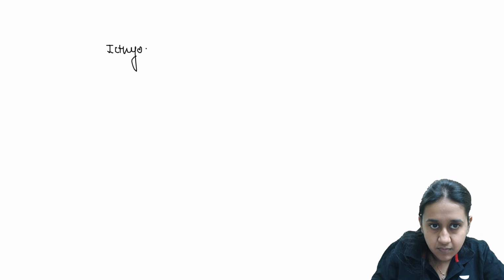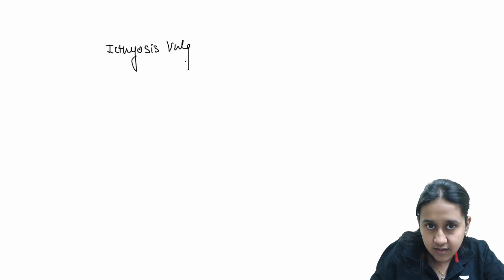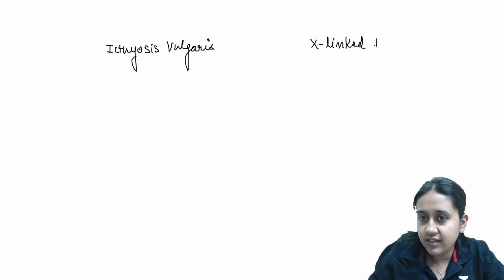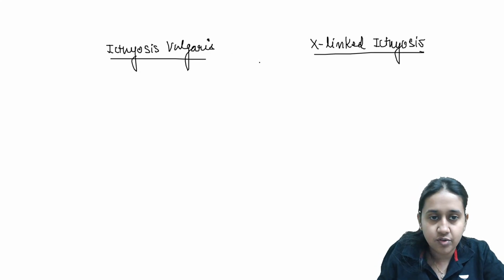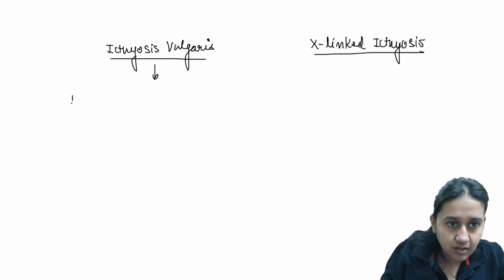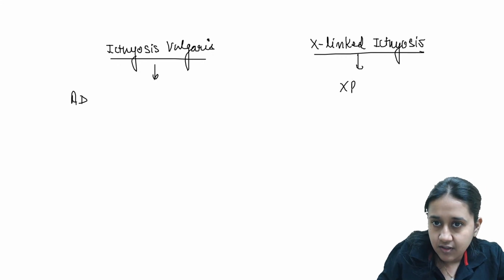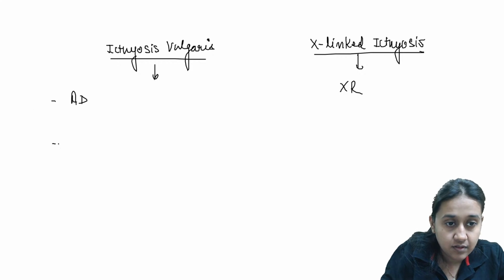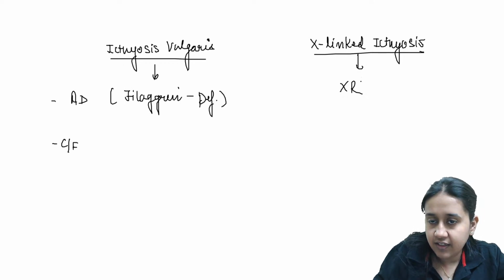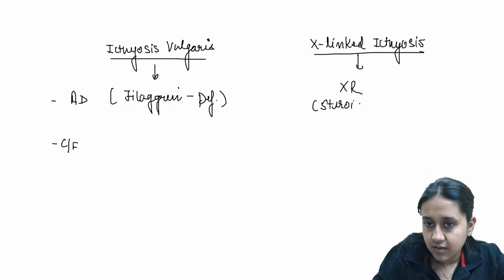Two types of ichthyosis we need to know. One is ichthyosis vulgaris and another is X-linked ichthyosis. In ichthyosis vulgaris, it is an autosomal dominant condition, but X-linked is X-linked recessive. The problem here is there is deficiency of filaggrin protein, and here there is deficiency of an enzyme, steroid